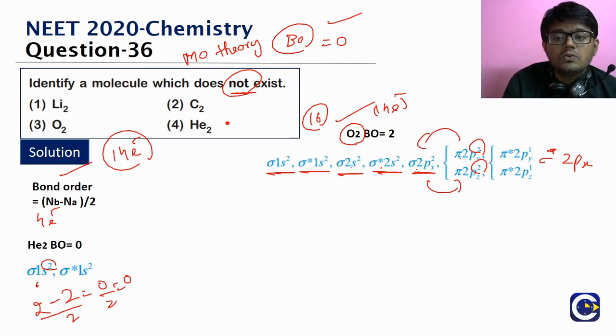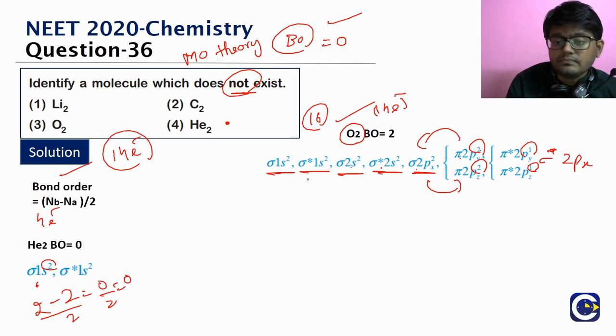So O2, as per this arrangement, we'll see that there will be 2 unpaired electrons in the pi star orbital. That is the reason why O2 will have paramagnetic nature. In fact, the molecular orbital theory is the only theory that supports how O2 can have paramagnetic nature.